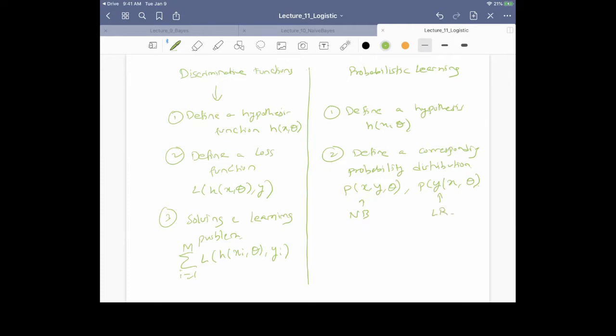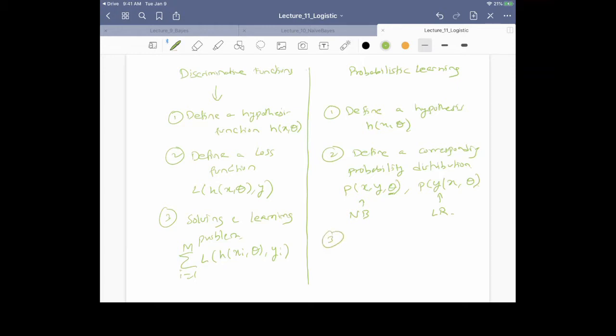In the case of naive Bayes, the parameterization theta was exactly either the p of y's or the p of xi given y. That's what we directly used as probabilities in the case of discrete naive Bayes. In the case of logistic regression, we do not directly model p of x comma y comma theta, but rather we focus on a conditional distribution p of y given x comma theta. We'll look at logistic regression today. If you don't understand this, that's fine, I just wanted to give you this high level perspective.